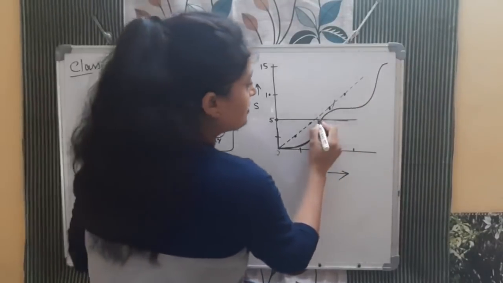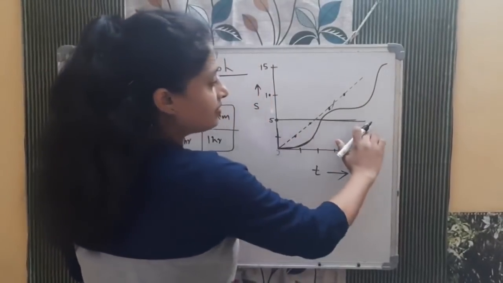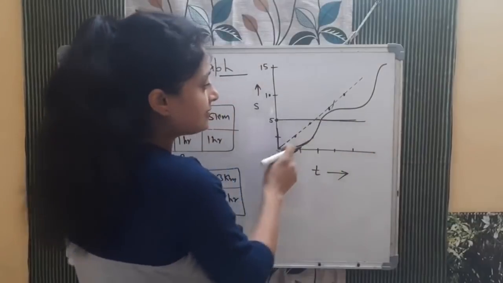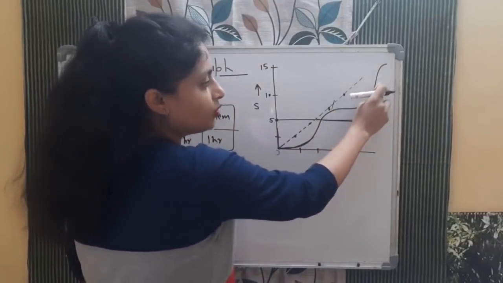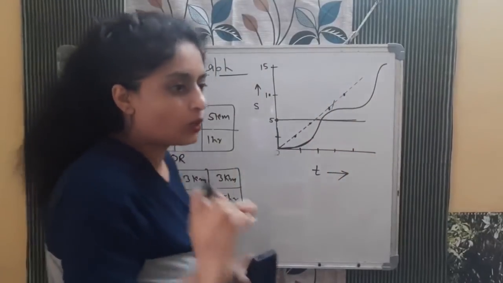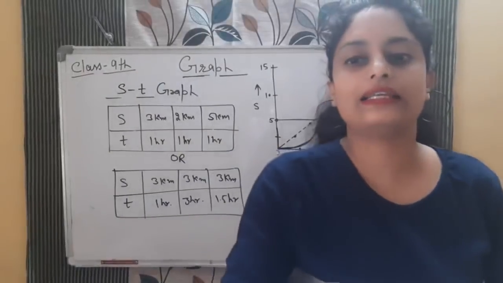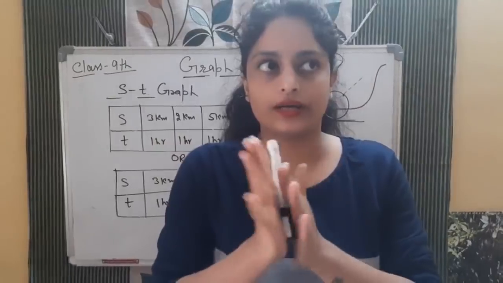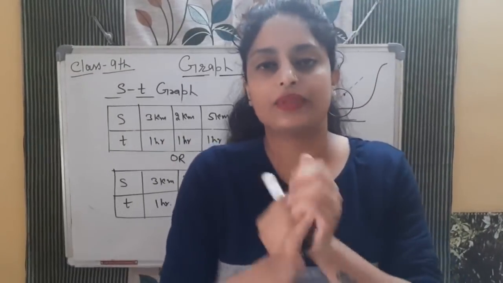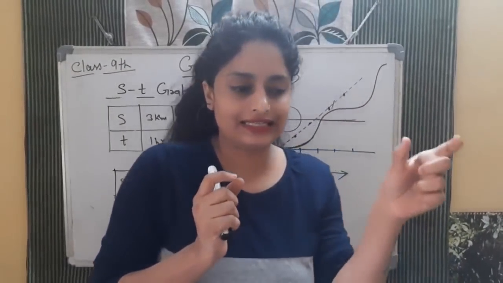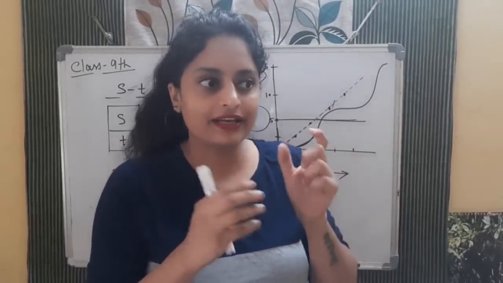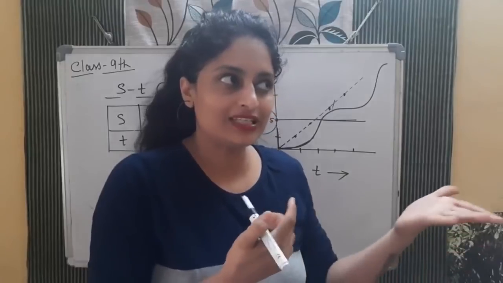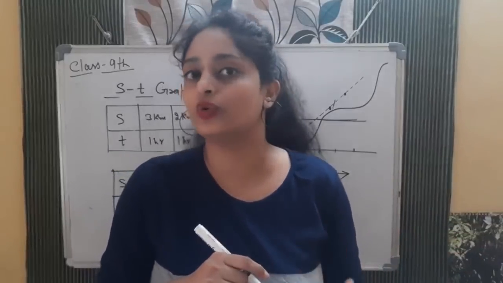So see, ध्यान से समझो पहले. This is when object is at rest. This is uniform motion. This is non-uniform motion. But in non-uniform motion also, if I say that distance time I am talking about, so कैसे होगा? See, if we are covering equal distance in equal interval of time, uniform, not equal, so non-uniform. But when we are moving with the time, so distance cannot be decreased. That thing you know. Distance is not a vector quantity.